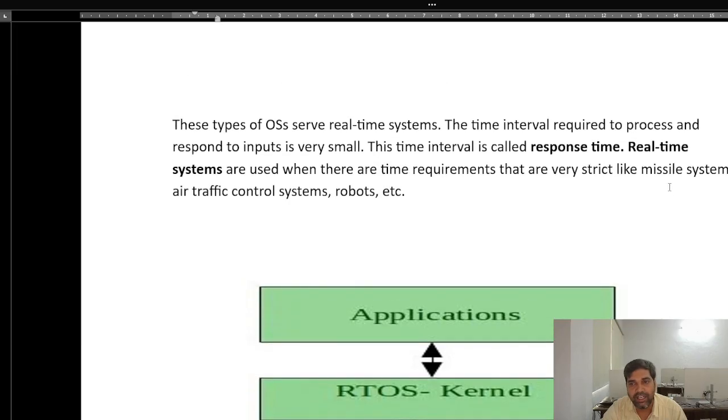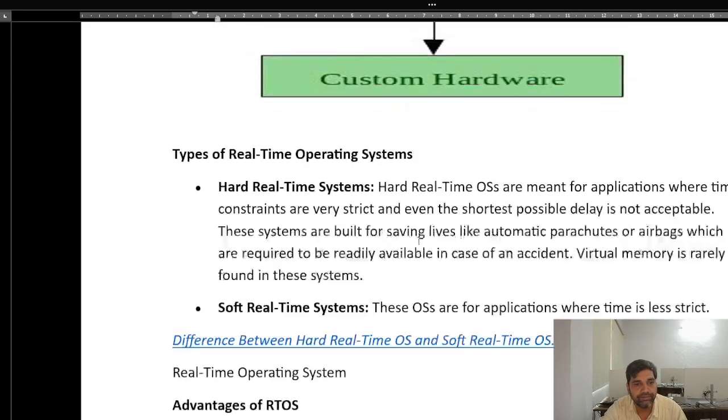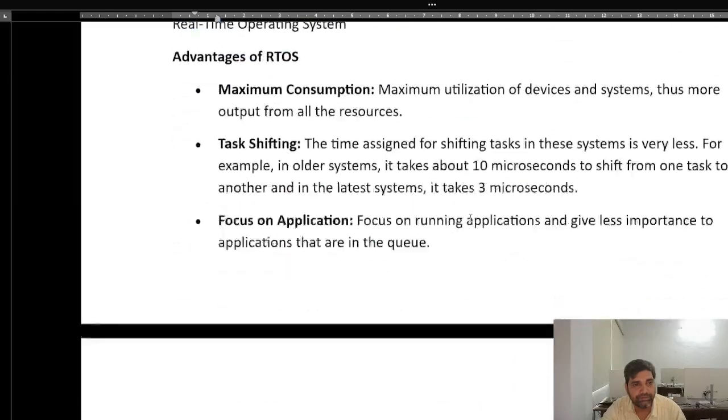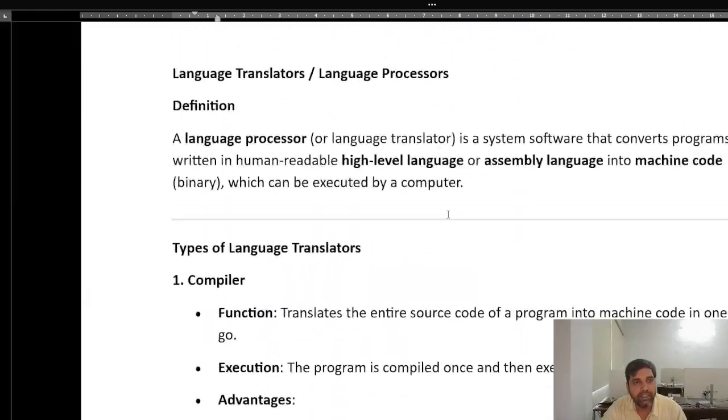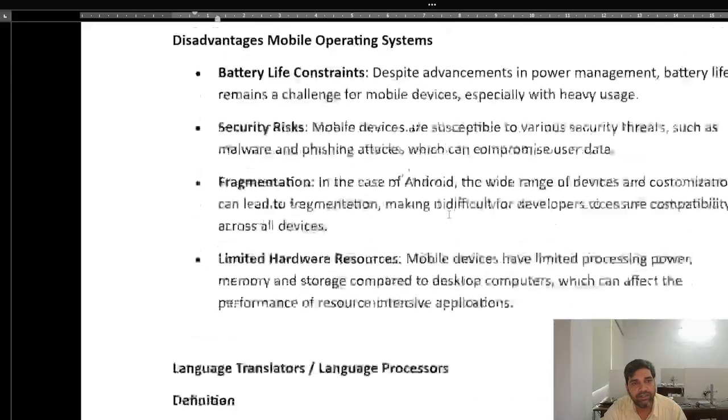Like the launching of missile systems, they use this real-time operating system. Traffic control systems and robots are also using real-time operating systems. Now we move on to the language processors and translators. So students,